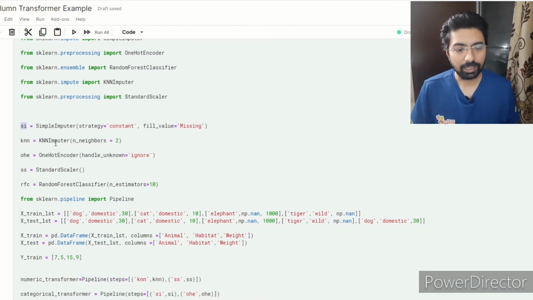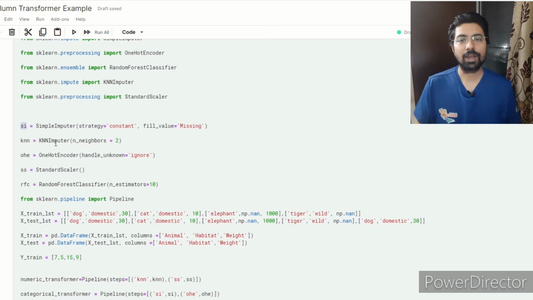For the k nearest neighbor imputer, I define the number of neighbors as 2, using the Euclidean distance method. So it will fill the missing value using the 2 nearest neighbors and take the mean of them to fill the missing value.